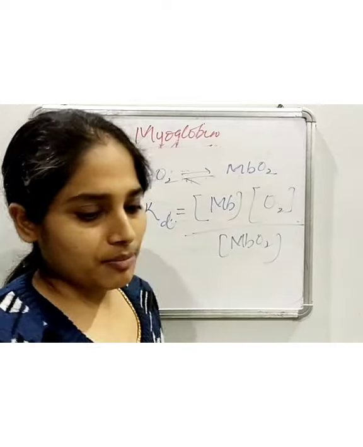Okay, so when there is reduced myoglobin, then we have, means the blood, okay, and this is purple color. When it undergoes oxygenation, and this is for deoxygenation, the reverse is for deoxygenation. So first we'll talk about what happens when this myoglobin is oxygenated, when there is more oxygen.